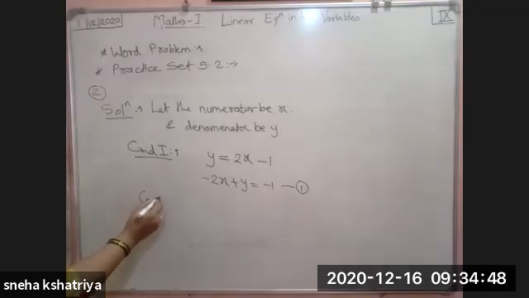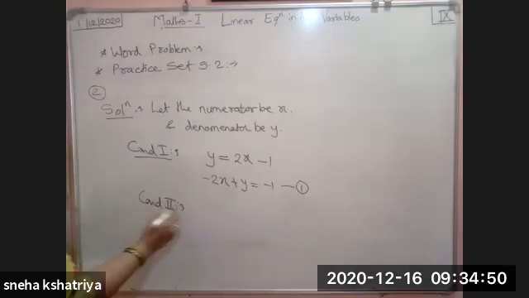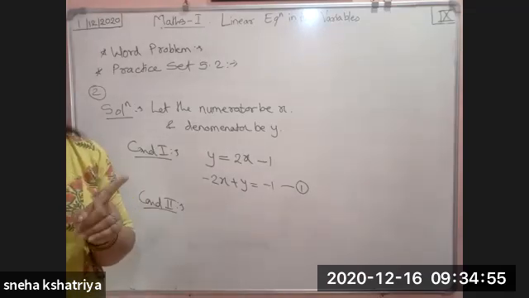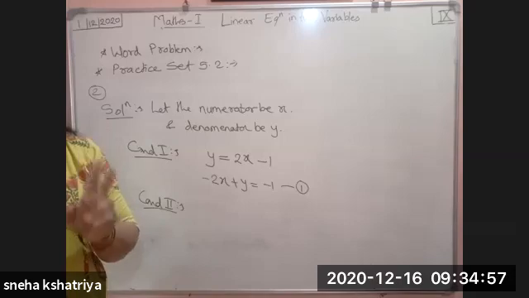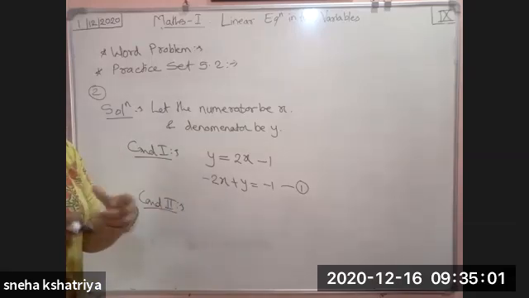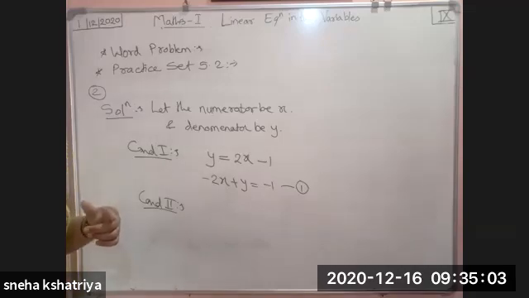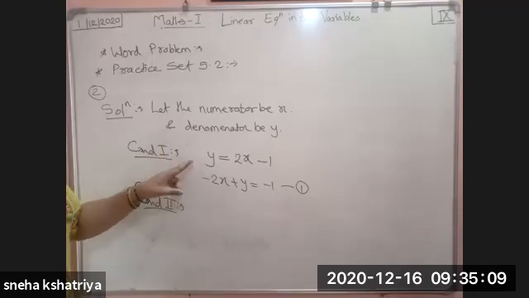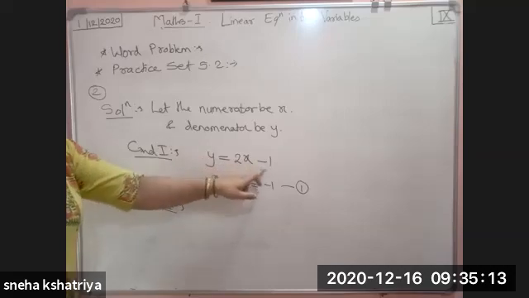Now what is the second condition? Second condition is very easy. See here in this word problem, one condition is easy and one condition is a little bit harder to find out. Okay, they confuse us by the question. घुमा के पूछते हैं, सीधा नहीं पूछेंगे. Okay, according to that. So what was the first condition given to us, that the denominator is 1 less than,